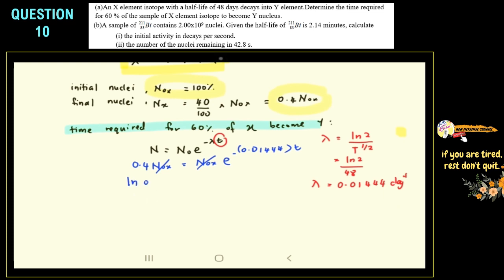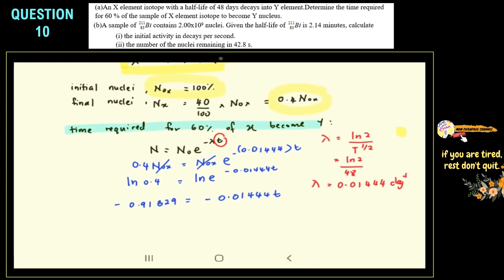And then take ln for both sides. So negative 0.01444t. Therefore, ln 0.4 equals negative 0.91629, and it's equal to negative